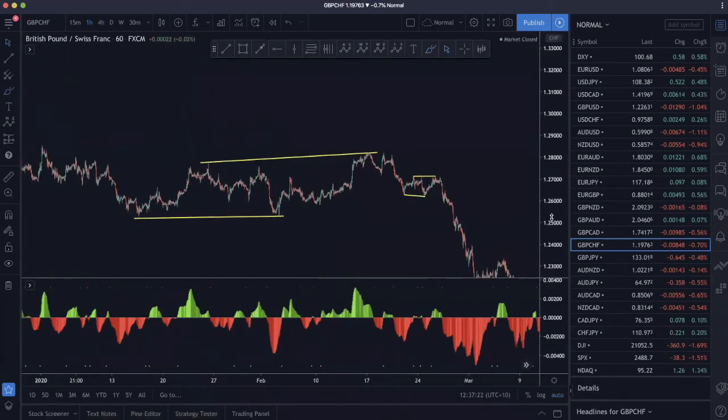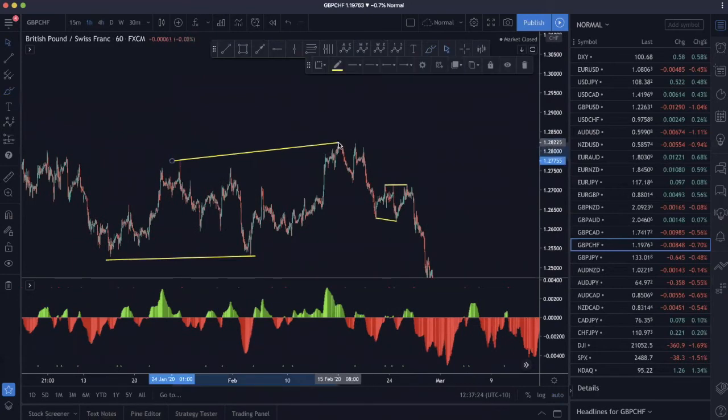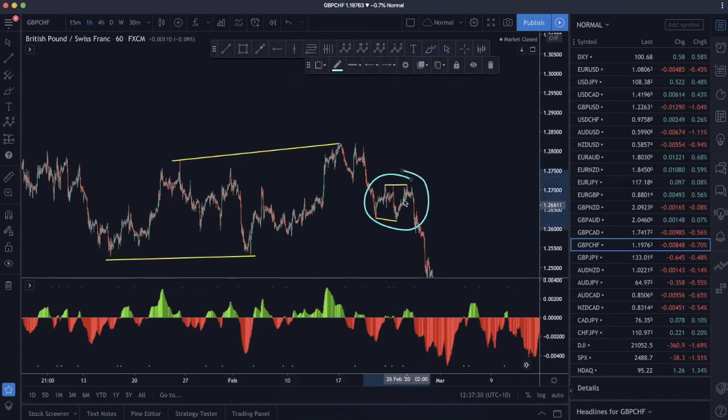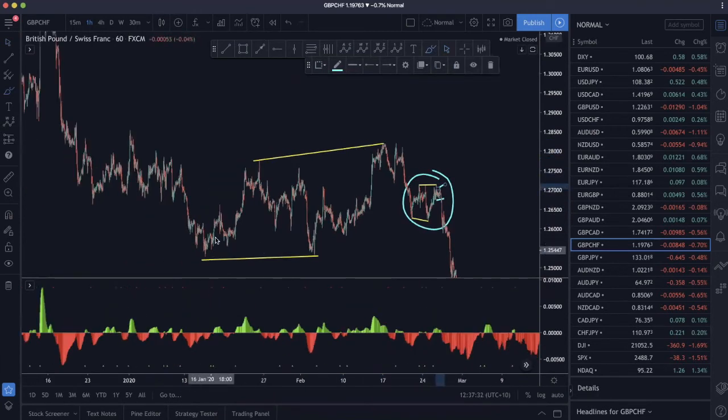So you can see here, this was hard to predict, but this just came to a perfect flat. So you got a flat pattern here. This would have been your sell setup. This is a completion of the flat. And then